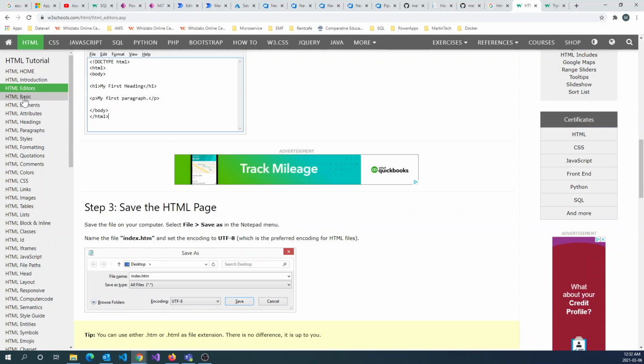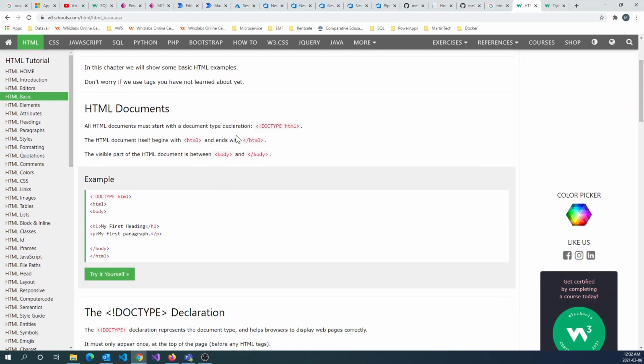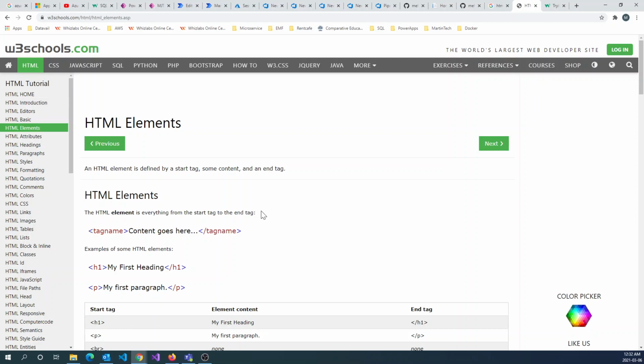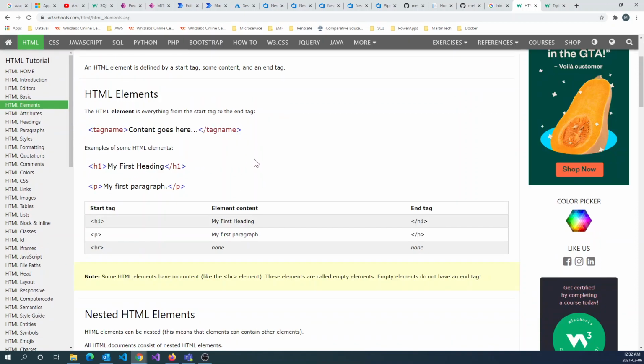So if we come to HTML basics, again it explains the basic structure of the HTML page. And then if you come to the elements, it explains HTML elements,